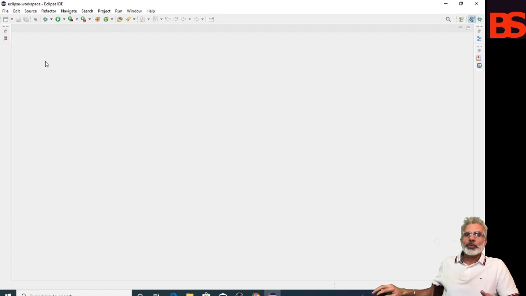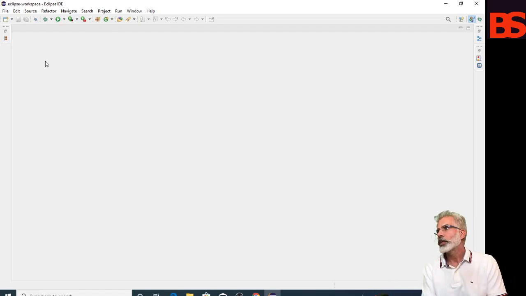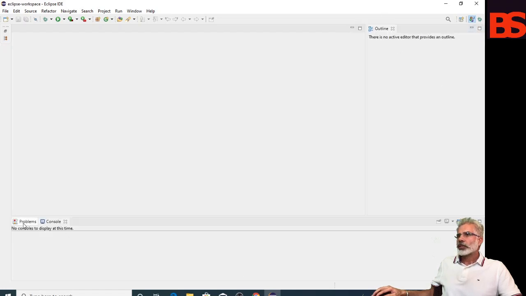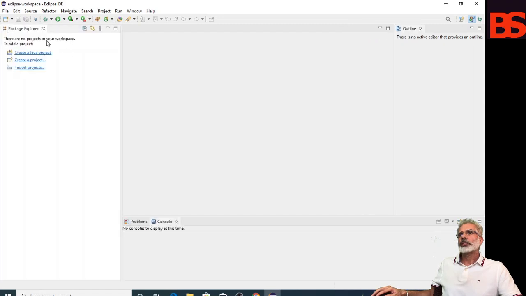All view folders have been minimized, and the whole screen becomes your work area. You can edit your project and type new source code. And if you want to restore, you can click on the restore button. The Outline view is restored, the Problems and Console views are both restored, and the Package Explorer view has been restored.